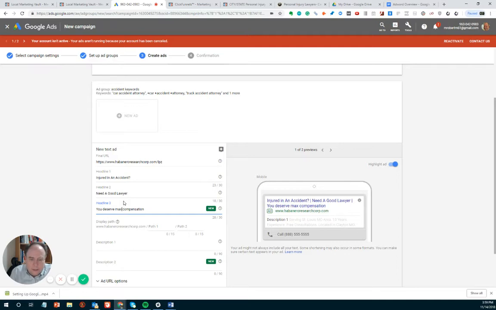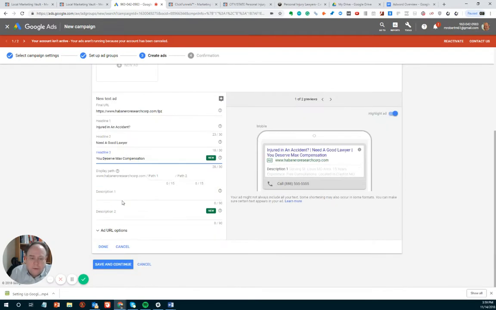And then we can change these to all caps. Not all caps, but capitalized. Google does not like all caps. They generally will not approve it. Sometimes you can sneak it by. But typically, if you do something in all caps, they will disapprove that ad. But they will let you capitalize every first letter. Okay, so let's put,